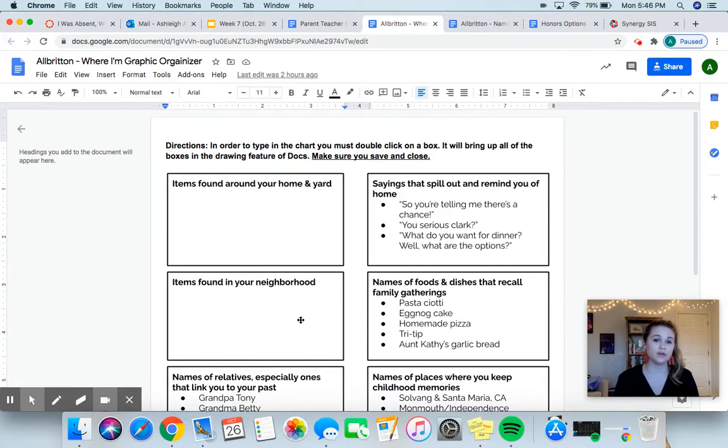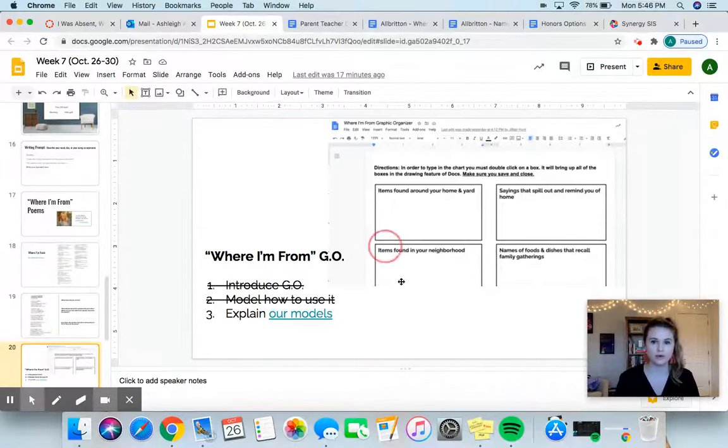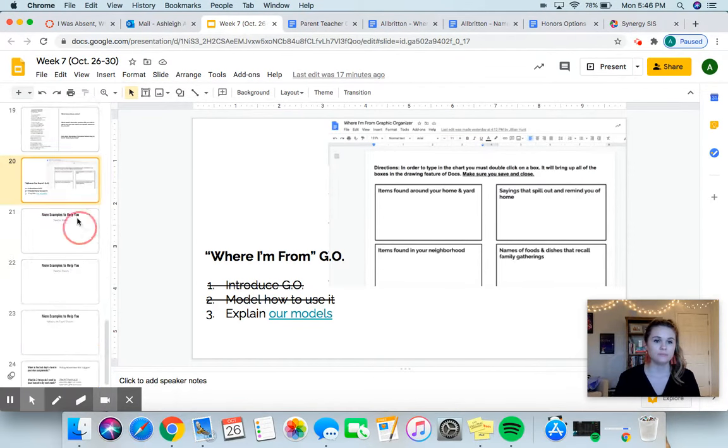And then items found in your neighborhood. This is very specific in that I want you to think about, where do you live? What are some items in your neighborhood? Is there a bus stop? Is there a park? Is there apartments? There's apartments near where I live. So things like that. So you will fill that out, and then